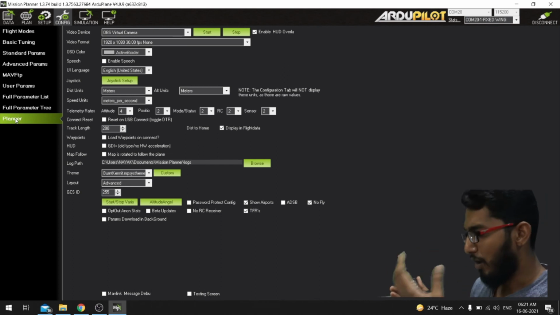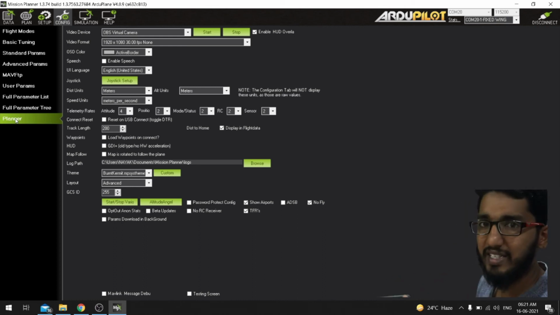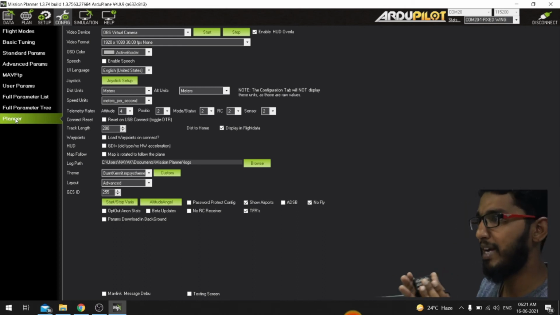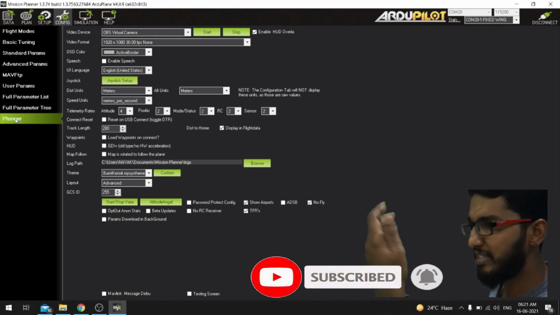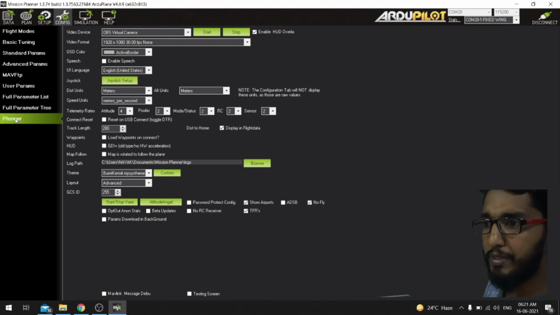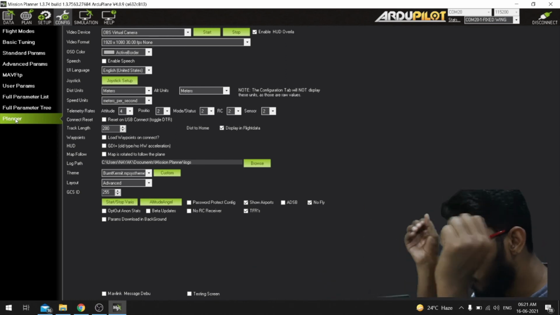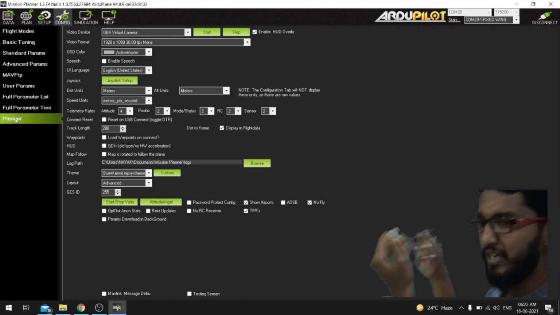Like how I want my wallpaper to look, how I want my battery to be consumed, and how I want my device to ring when someone is calling me. All these things are settings. In a similar way, planner is the option in mission planner which gives its own settings, not for the Pixhawk or any other flight controller, but for itself.